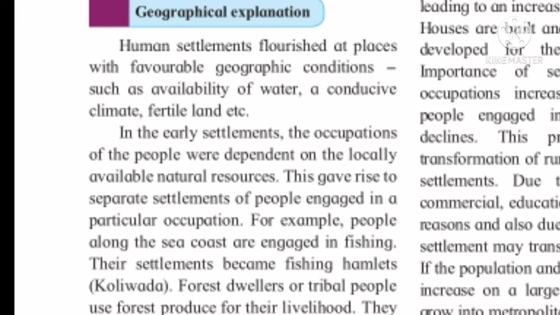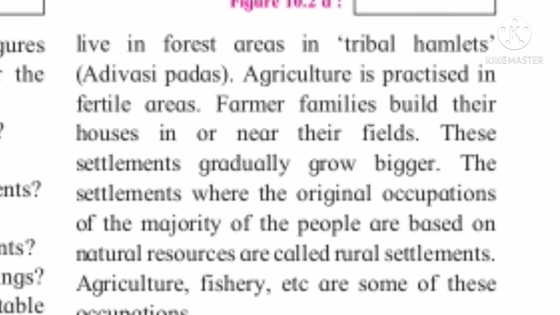We all have learned that during the Stone Age, when they learned to carry out agricultural activity, they started living in groups and started living in one place for a long period of time, which gave rise to village settlement. Urban settlements have evolved. Evolved means have come up through the expansion and growth of rural settlement. There are large scale correlations between rural and urban settlements. Modernization, science, and technology lead to transformation in both types of settlements.